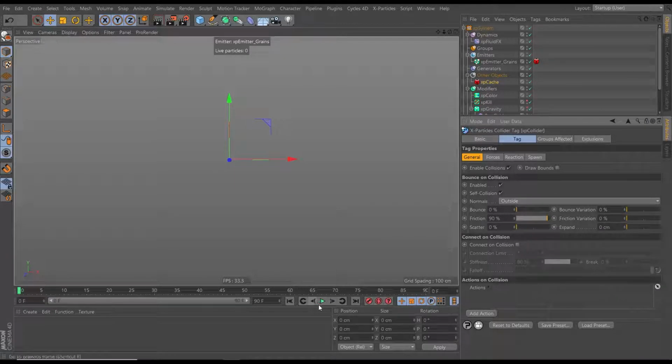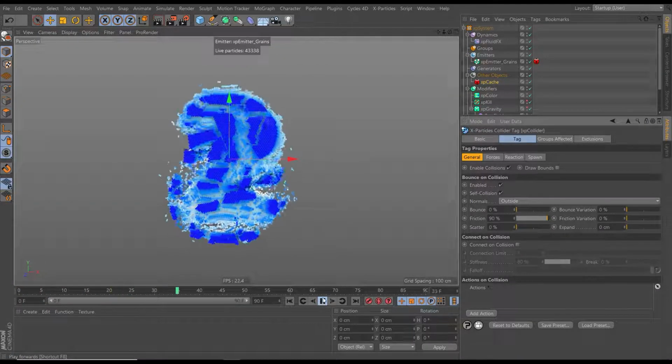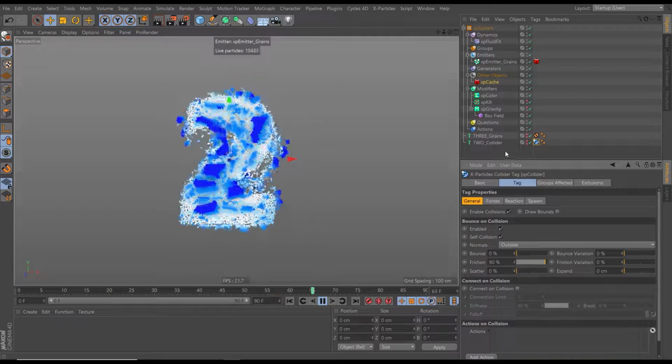Okay, that was a pretty fast cache actually. Only took about 30 or 40 seconds. Let's have a look at our simulation. So looking pretty nice. It's not right yet,